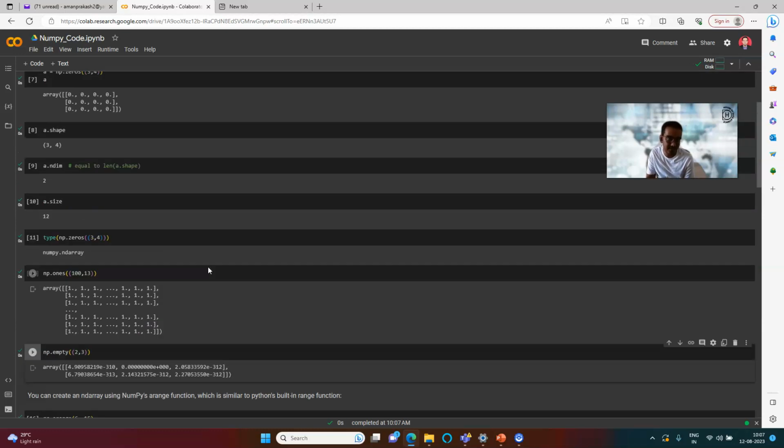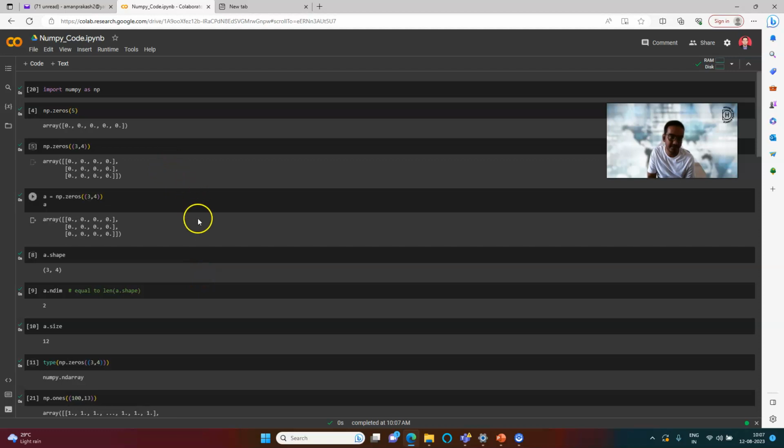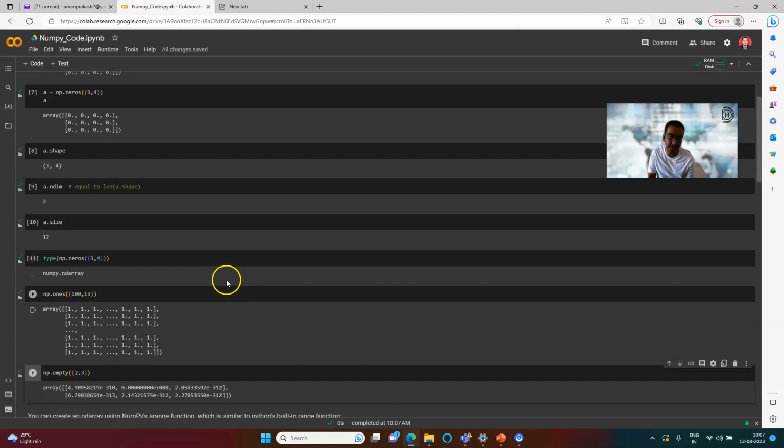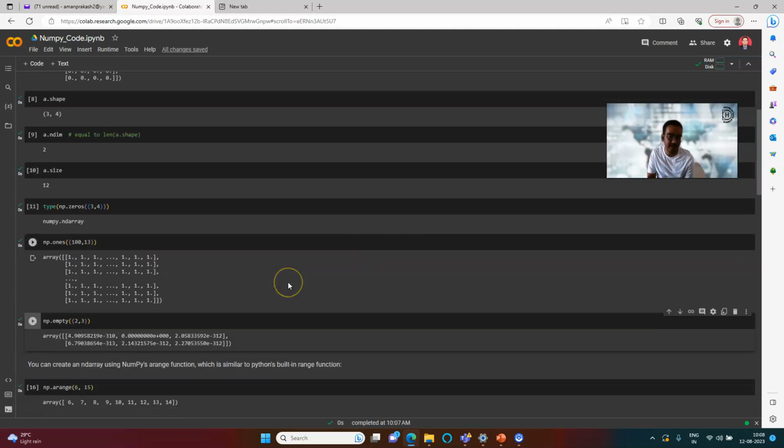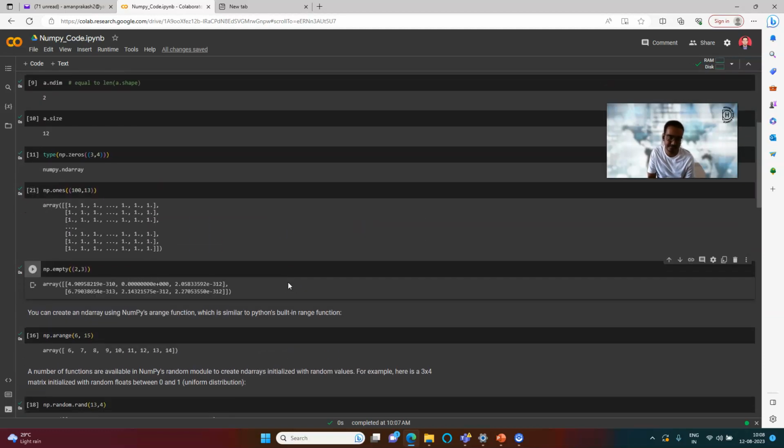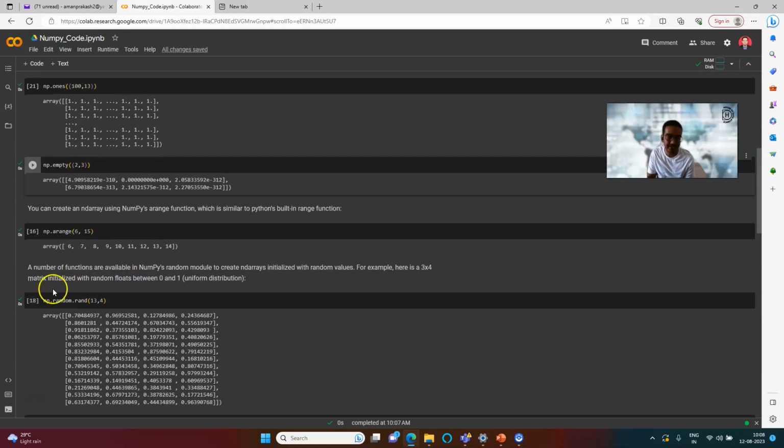So what all we learned till now? We learned how to import a library, how to create a zeros array, how to create arrays with ones, how many rows we need, how many columns we need, what is the shape of the array, what is the dimension of that particular array. So हमने ये सारा चीजें सीखा।